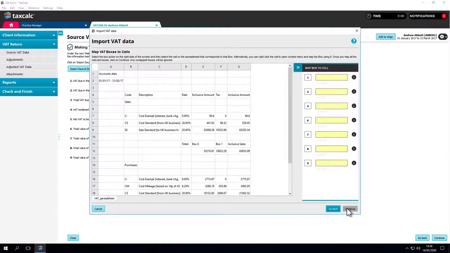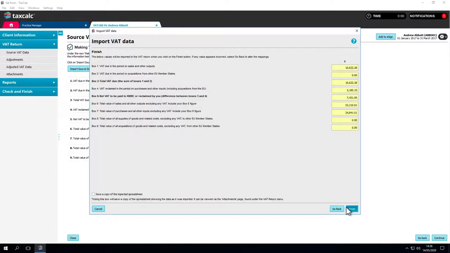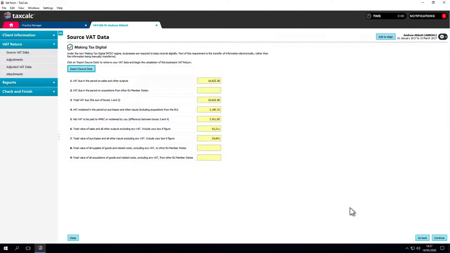Mappings can be created in two ways: by clicking on the box number and choosing the cell that contains the VAT data, or by clicking the right-hand button over the cell you need and selecting the correct box of the VAT return. Once you've made your selections, click Continue to view a summary of the data to be imported. At this point, you can choose whether to save a copy of the imported spreadsheet against your VAT return. This is especially handy if you want to revisit the spreadsheet at any time. Click Finish and you'll be taken back to the Source VAT Data screen,